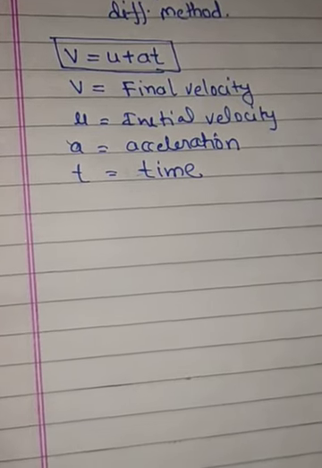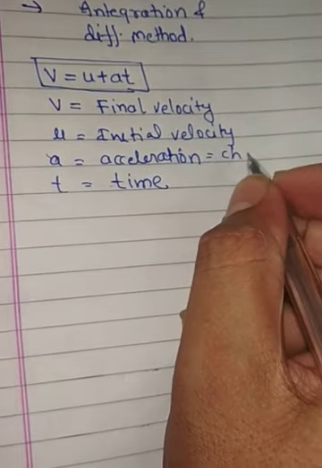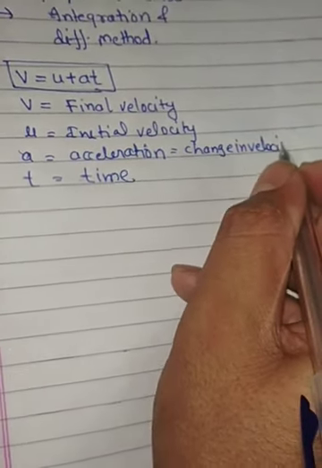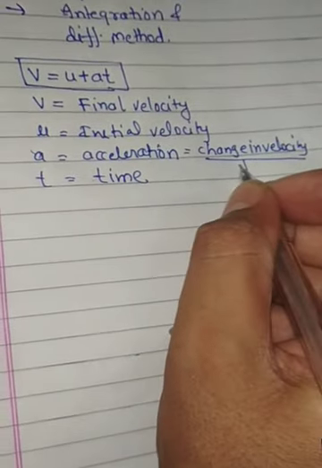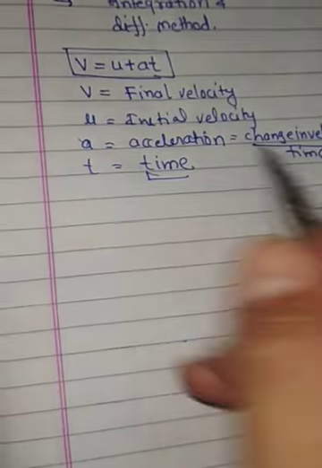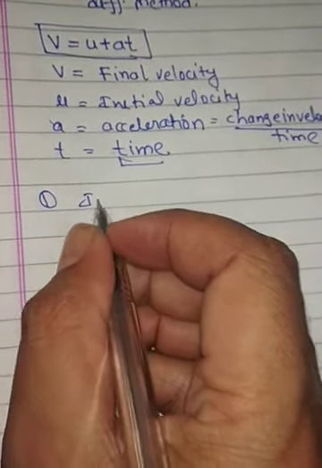It can be 0, it can be 1, any number. And acceleration, we know, is change in velocity upon time. And time is any time interval. Clear? So we will find the derivation of this equation by the method of integration and